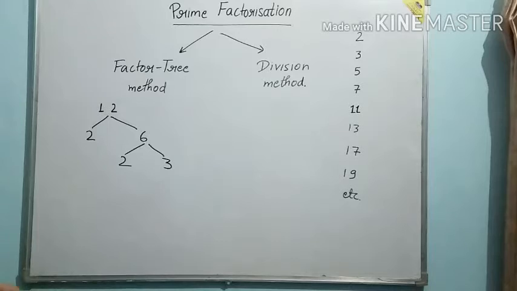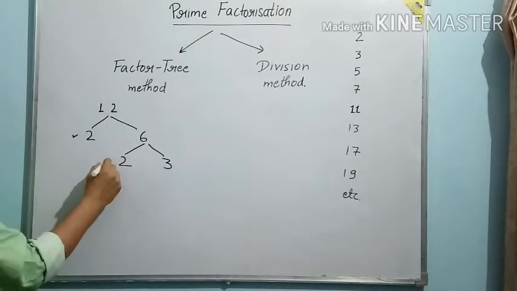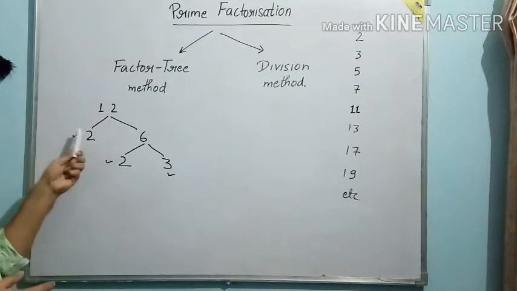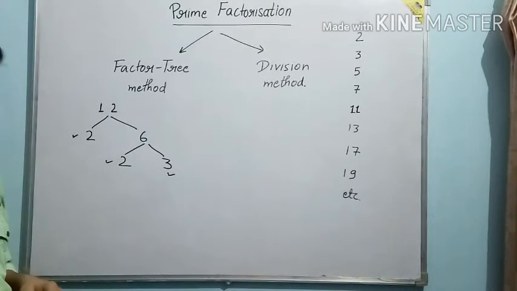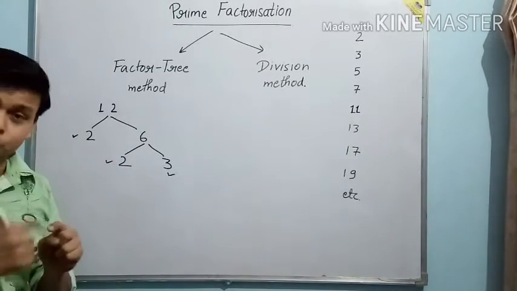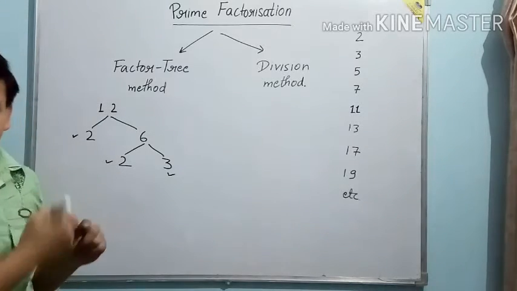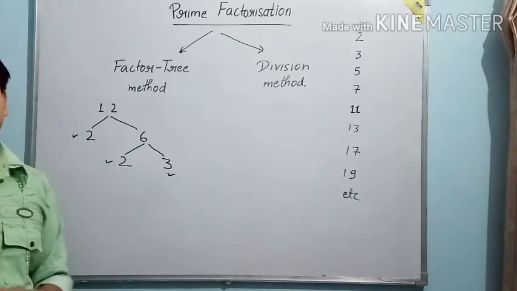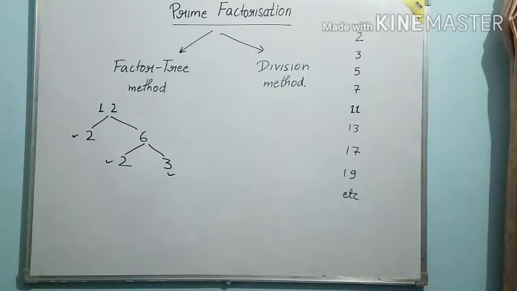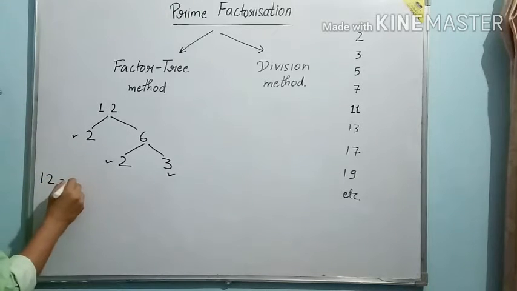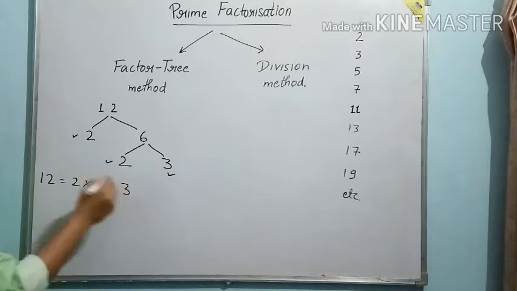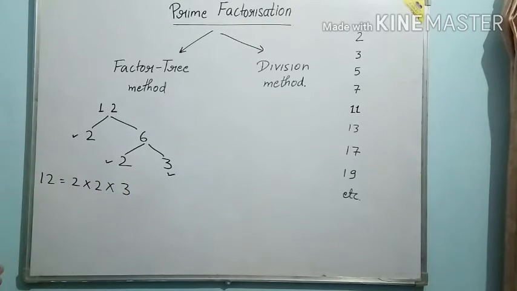But here you all can observe that this is a prime number, this is a prime number and this is also a prime number. यानी हमें जब तक इसको ऐसे फैक्टर्स में लिखते रहना है until we are getting both prime numbers. यानी जब तक इस पेयर के दोनों ही नंबर्स प्राइम नहीं मिलते, we will continue this method. So as you all can see, we have got both the prime numbers here. So it has finished here. So we will write 12 as 2 multiply 2, these prime numbers only, and 3. So 2 times 2 is 4, 4 times 3 is 12.